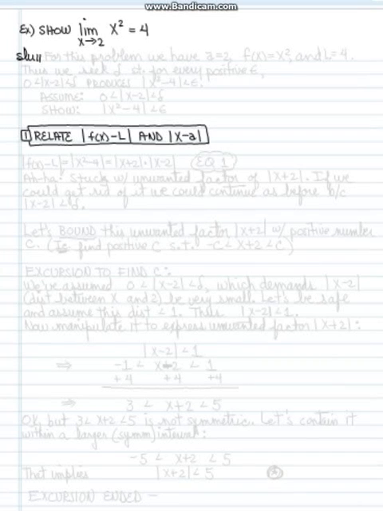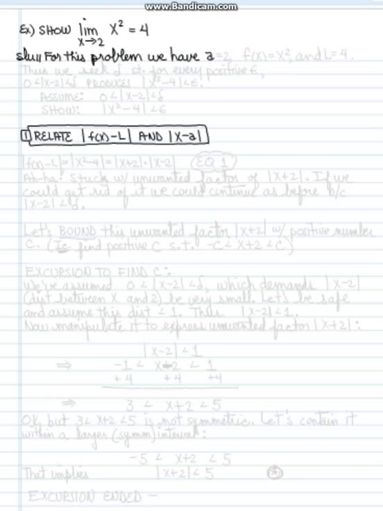This is going to be a sticky problem. The limit as x approaches 2 of this quadratic, x squared, is equal to 4. Okay, let's start this and see where we go. For this problem, we have a is equal to 2, f of x is x squared, and the limit L